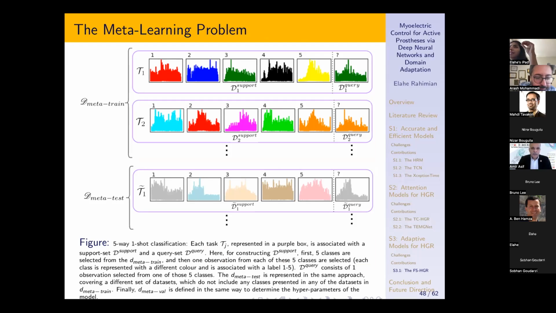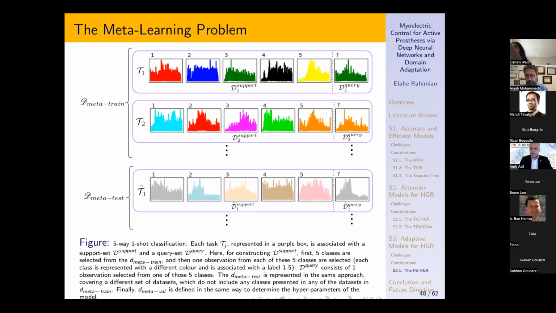The idea is generalization across tasks rather than data points. So here we are constructing tasks, and each task consists of two sets of data. The first one is support, and the second one is query. And here we have meta sets, for example, meta train, meta test, and meta validation. As you can see, each task consists of n-way k-shot. For example, task number 1 consists of 5 classes, because n is equal to 5, and